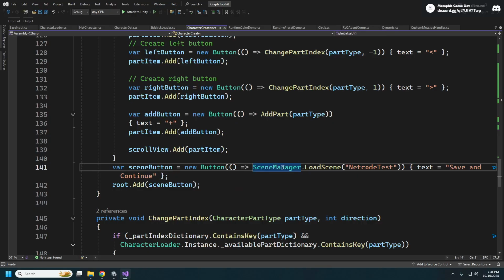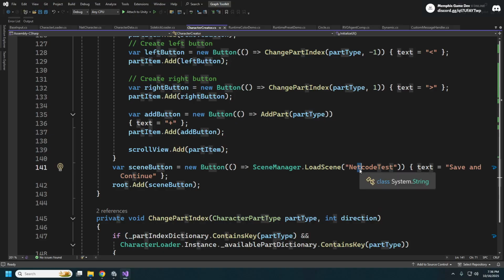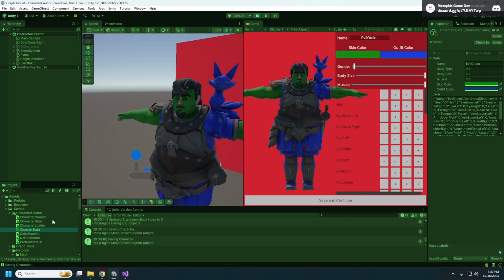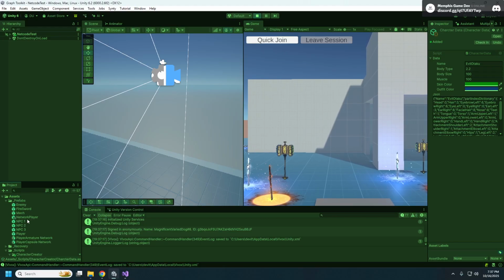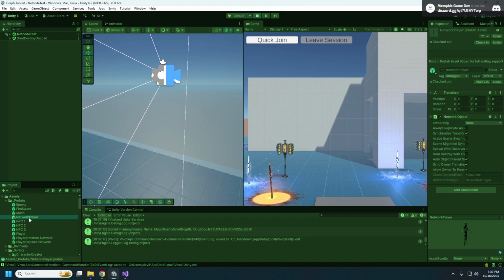Yeah, all this is going to do is load a scene that we have set up here. So this is going to load our netcode scene. And then here, as you can see here, we have our character data. And since this is an asset, it will survive between scene loads. And then what it ended up doing here on our network prefab